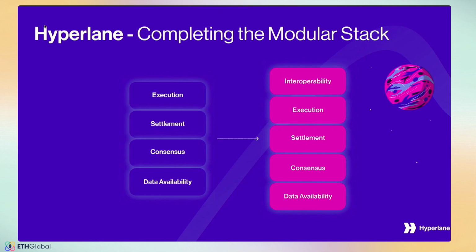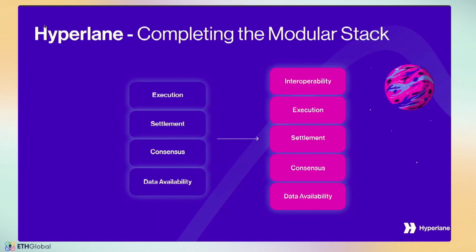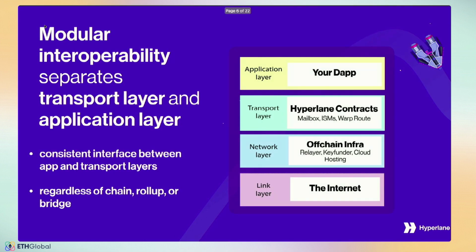And we think this could be different. If you look at this modular stack, I think interoperability should be part of it intrinsically. Like maybe when you deploy a rollup, you'd also have a bridge deployed by default for all the chains you want to connect to. And this was the original Hyperlane vision, which all of you might already be familiar with. And we're trying to make it clear that Hyperlane is way more than that.